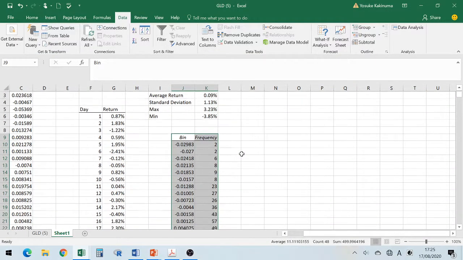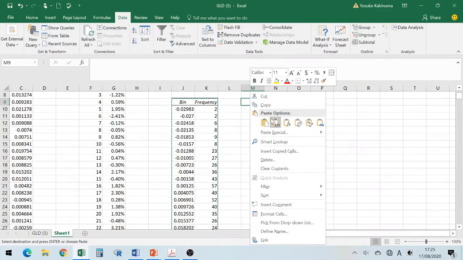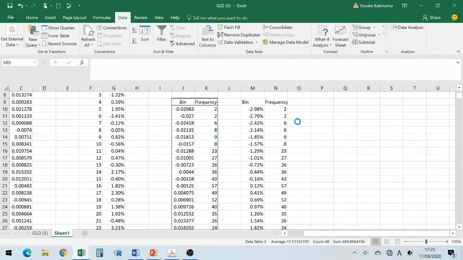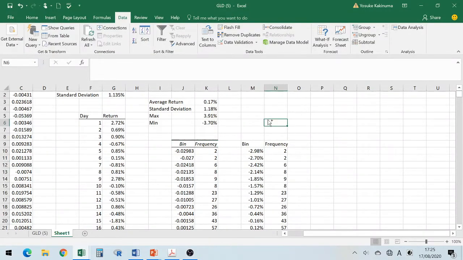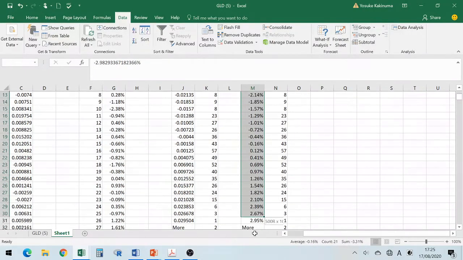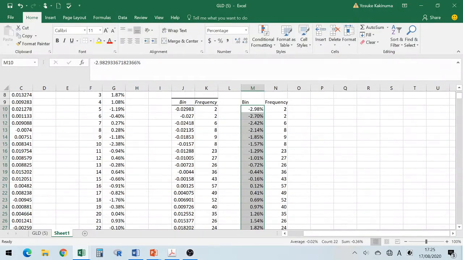All right, then there's a frequency table. Then I just copy and paste as numbers, so it doesn't change. Every time I enter something, everything else changes, but this one doesn't change. And this is going to be the percentage. It's already a percentage, but just to make sure, I will format it as a percentage. All right, then I select Insert